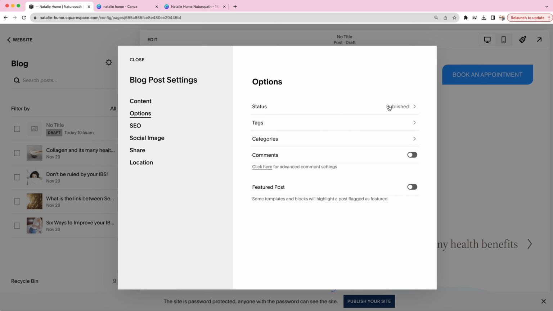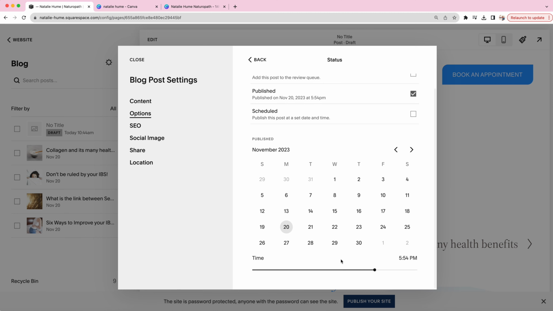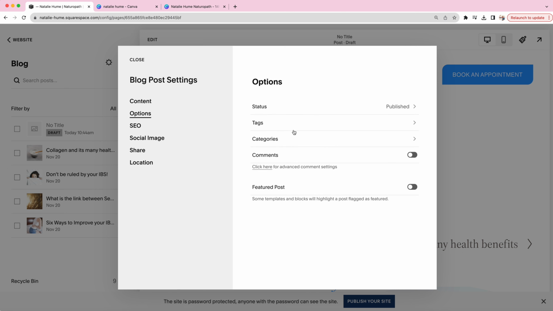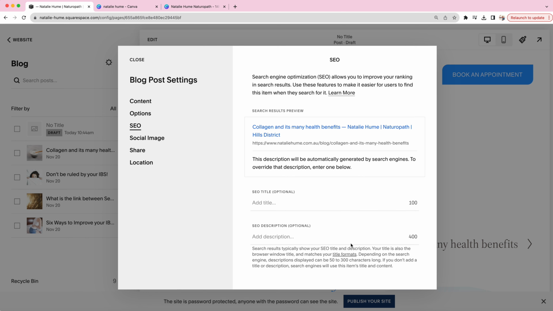Then here is where you can change it back to draft or schedule it, or put it for a certain time to go out. And you can add tags and categories in here as well, or link it as a featured post so that it comes up in a summary block somewhere else on the website. SEO will pull through automatically if you don't put this in, but it is a good idea to come in here and type it in yourself basically, so that you make sure you're getting the actual keywords in here for that blog post, because this is what's going to show up on the Google listing when people are searching